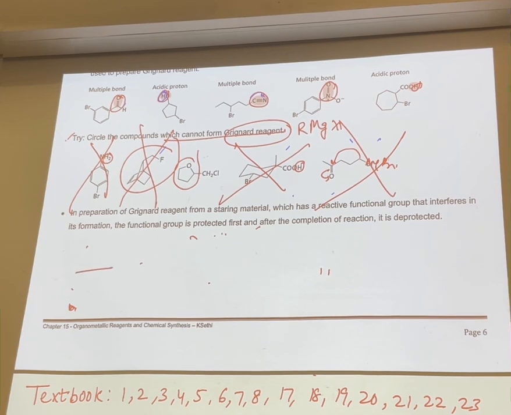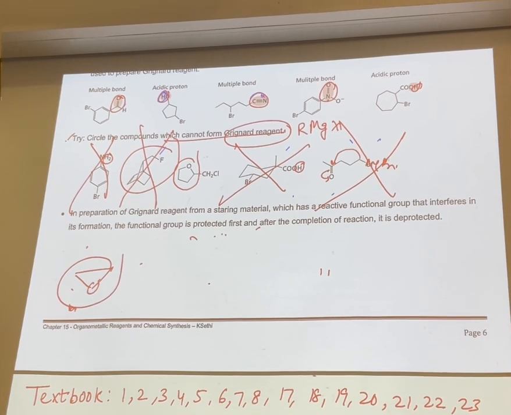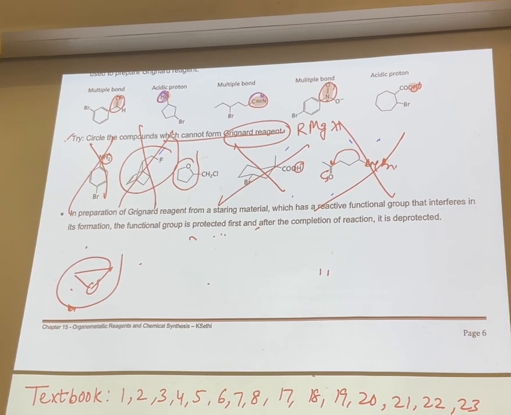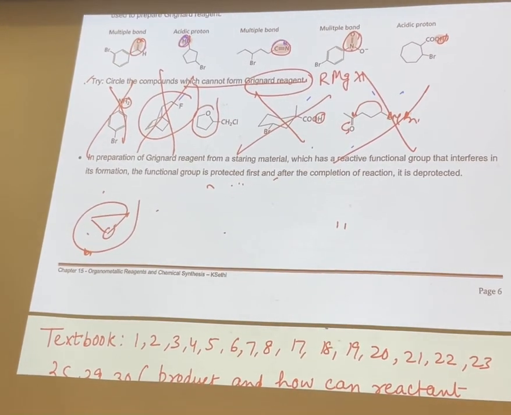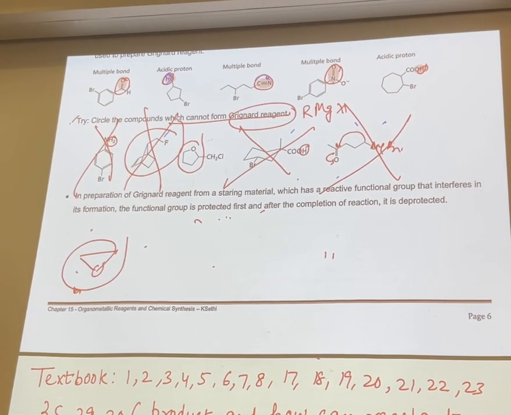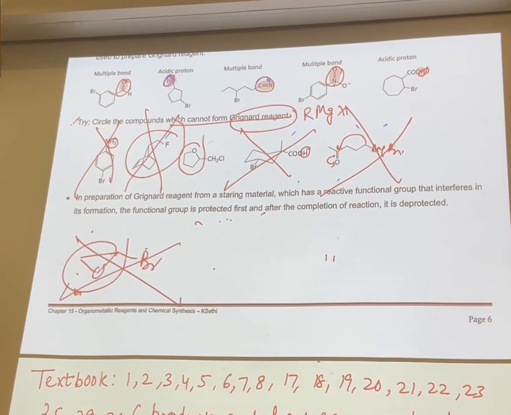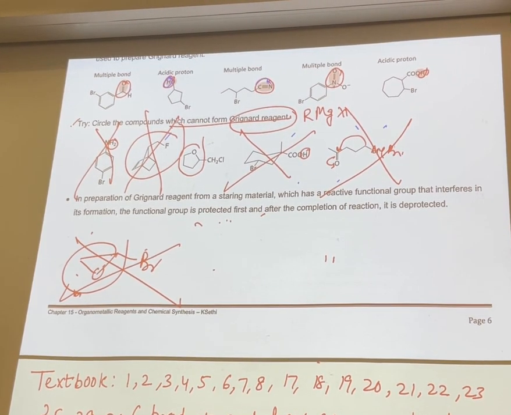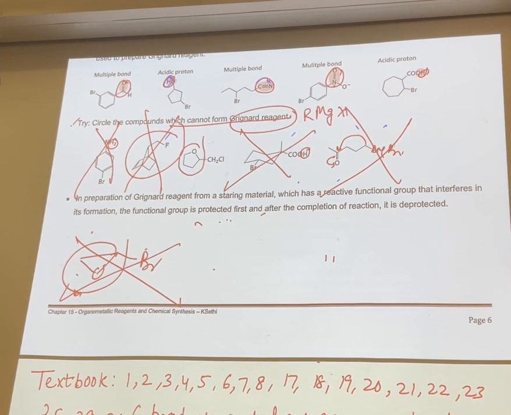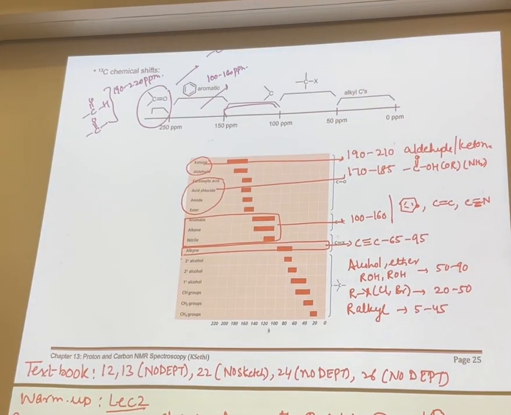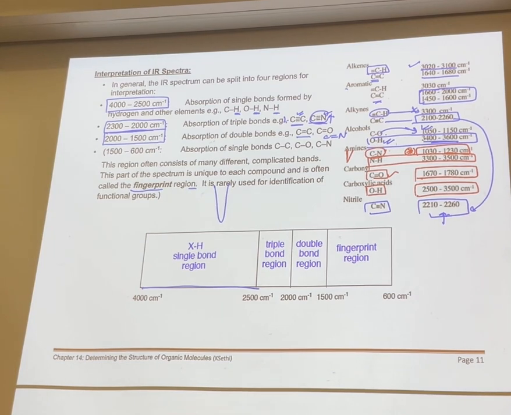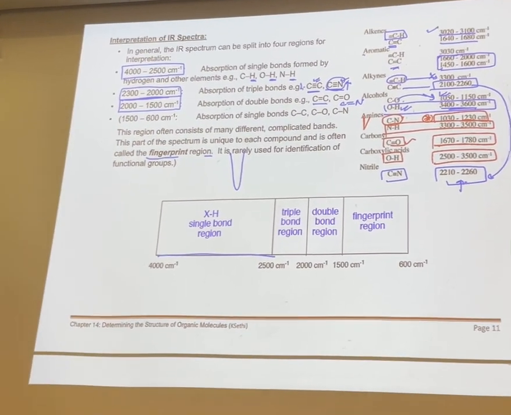I also cannot form a Grignard reagent from oxirane, because it reacts. A lot of students say, oh, oxirane is an ether. No, oxirane is a strained ether. You see that? It's a strained bond. It pops open and says, give me a nucleophile, I want to open up. So you can't put a Grignard reagent there if I put a Br here. Clear? Everybody good? Is the chapter clear? Okay, 13 and 14. I think 13 and 14 just talk about numbers.